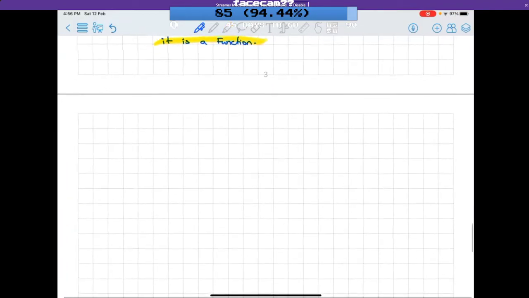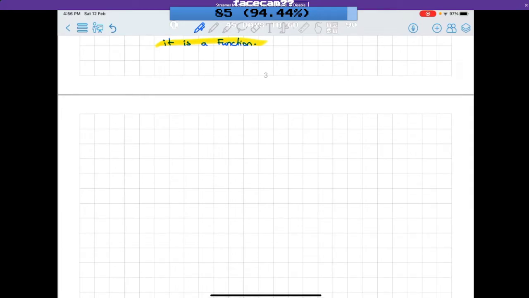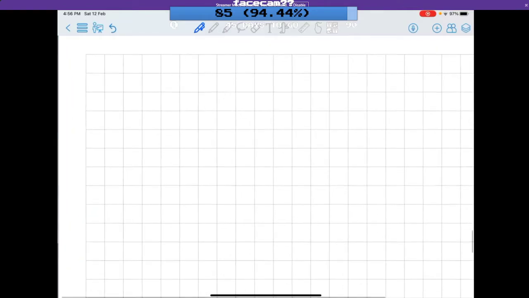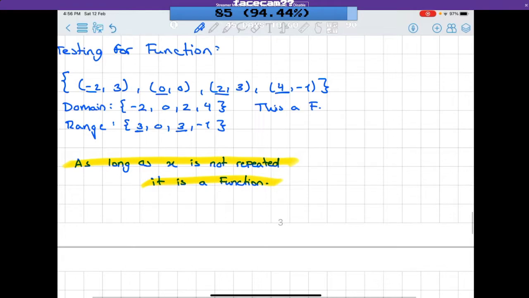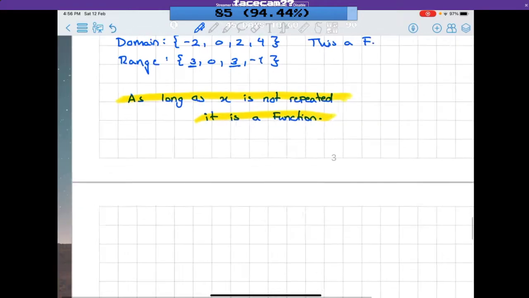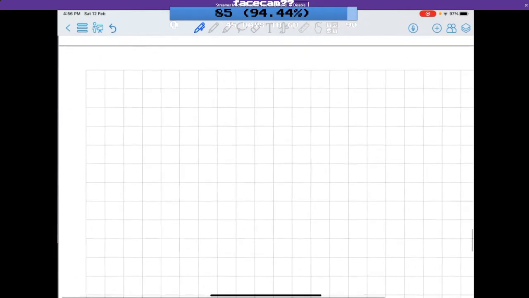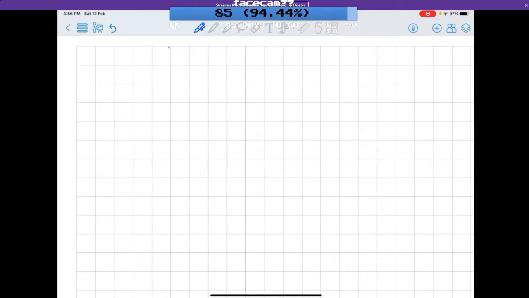Now let's move on to the next part, which would be determining if something is a function graphically, okay? So you know how to do it numerically, where if it's like this, or if it's given to you in table form, it's the same concept. Now with graphs, if they gave you